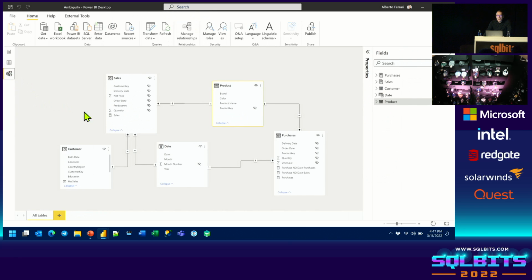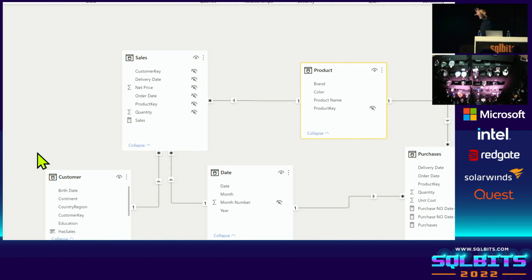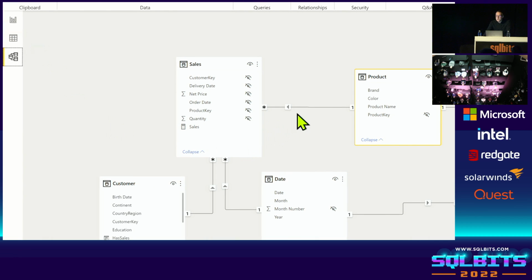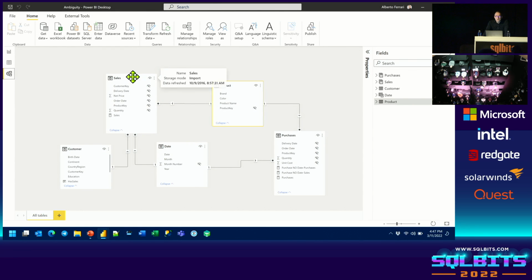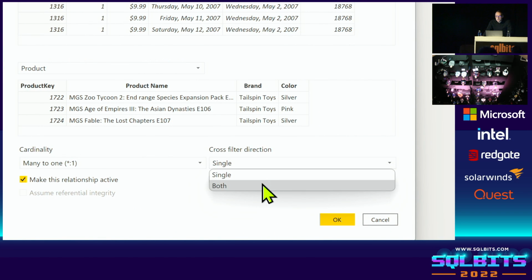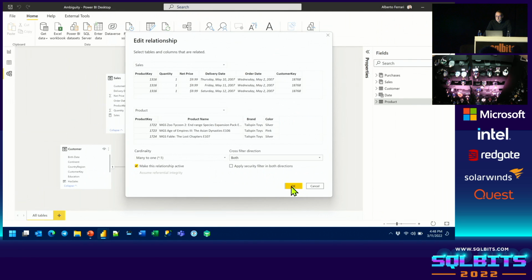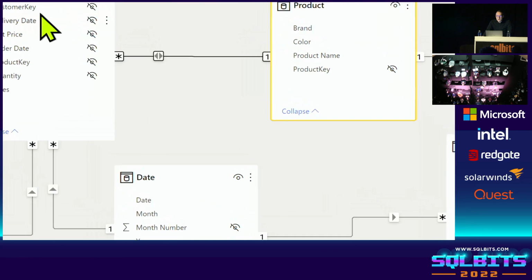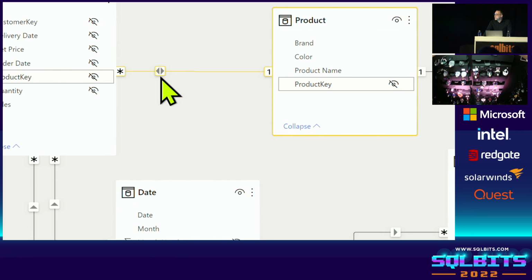Fixing the problem and making the user happy so that filtering one slicer will filter the other slicer is quite a simple operation, because all I need to do is to turn this relationship into a bidirectional one. By doing that, I will reach my goal because sales filters product, and at that point, a filter on customer will reach product. We can easily do that. We just double-click on the relationship, and in the cross-filter direction, we choose both. We just click on OK, and now you see that this icon shows two arrows,